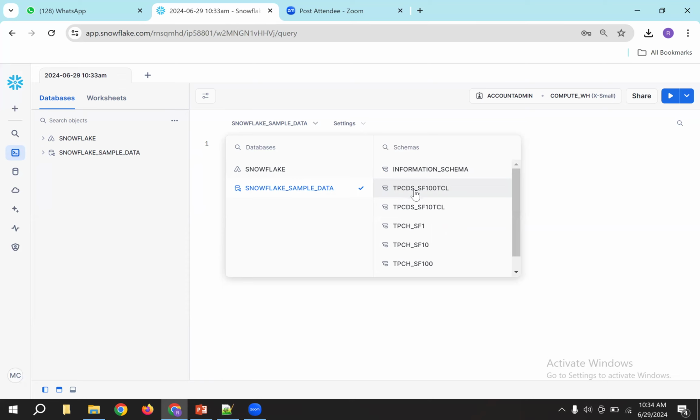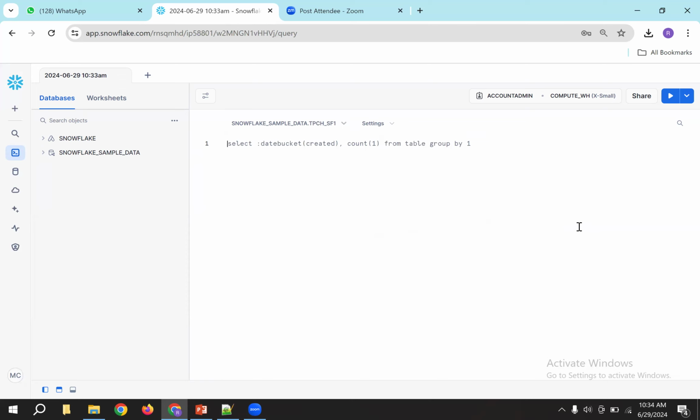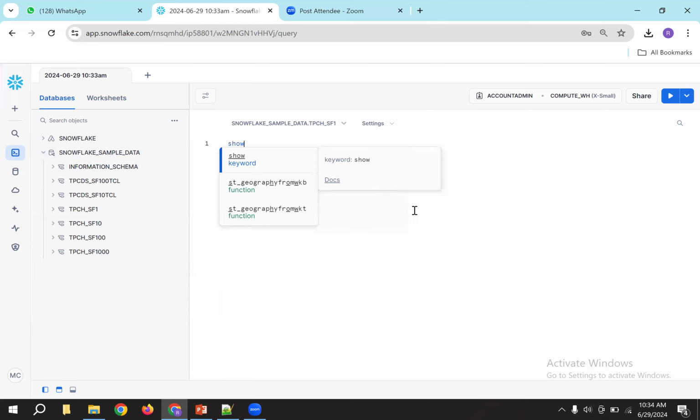Just a moment. Any one schema, I'm going to select it. Here I want to know what tables are present. I will type it here: show tables. I'm going to execute this.